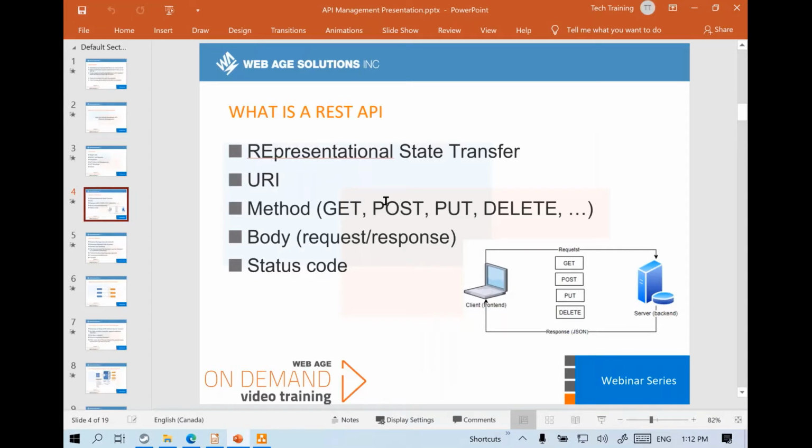So typically, when you design your REST APIs, you have to utilize methods like GET, POST, PUT, DELETE, and so on. I won't go into depth on how to create all these APIs from scratch, but you first have to design them and create a specification for these REST APIs. After designing the specification, you get to write some code in a language of your choice. Like you can use .NET. In .NET, you can use a Web API project. You can use Java with Spring Boot. You can use Node.js. You can use Python. You can use whatever technology you want to create these APIs. And once these APIs are in place,